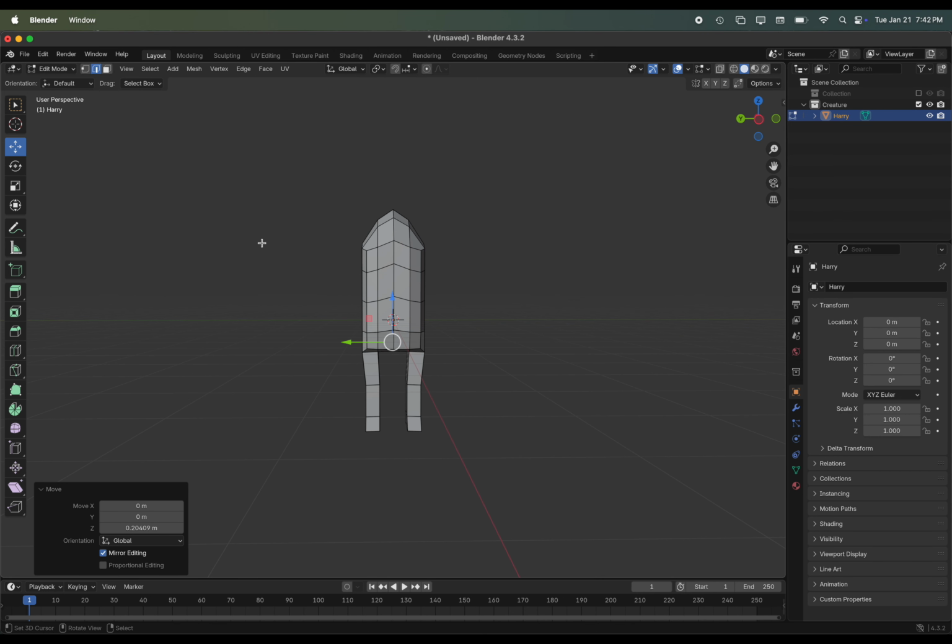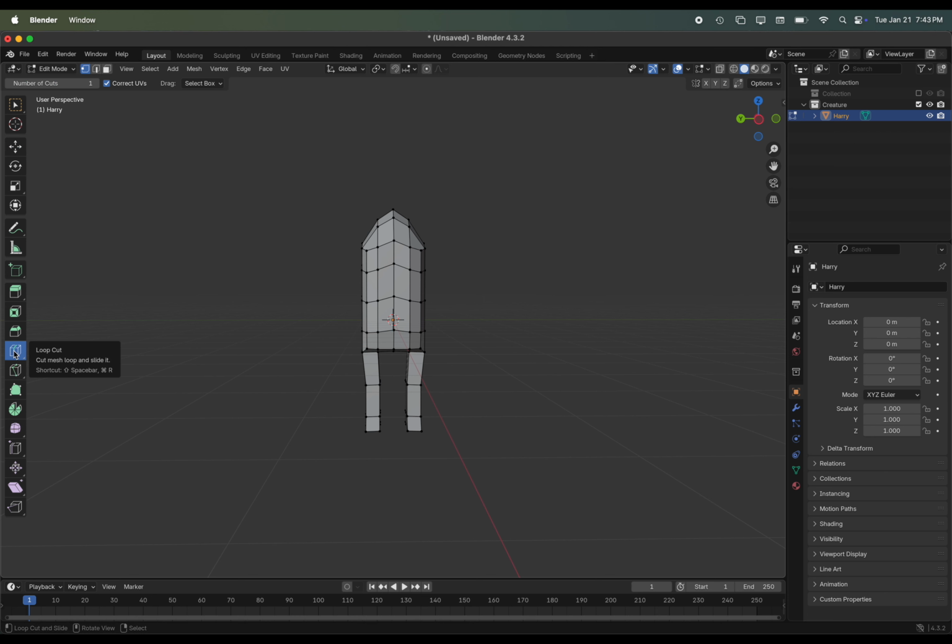All right, I'm going to switch back to Vertex Select. And I want to have a little bit more detail here so that I can have actually a face, some arms with the amount of detail that I want. So this tool right over here is the Loop Cut tool. Just a reminder, you can always expand out the tools so that you can see what they're called while you're just getting started. And when I hover over the different areas, it'll allow me to add either a horizontal or vertical loop. So I just want to add a couple of loops in some strategic places.